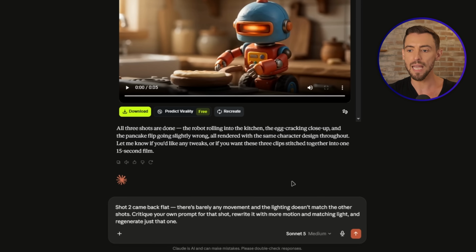But here's the actual wild part. And it's not the film. So you can tell it to critique its own prompt and fix it. So I type, shot 2 came back flat. There's barely any movement, and the lighting doesn't match the other shots. Critique your own prompt for that shot and rewrite it with more motion and matching light, and regenerate just that